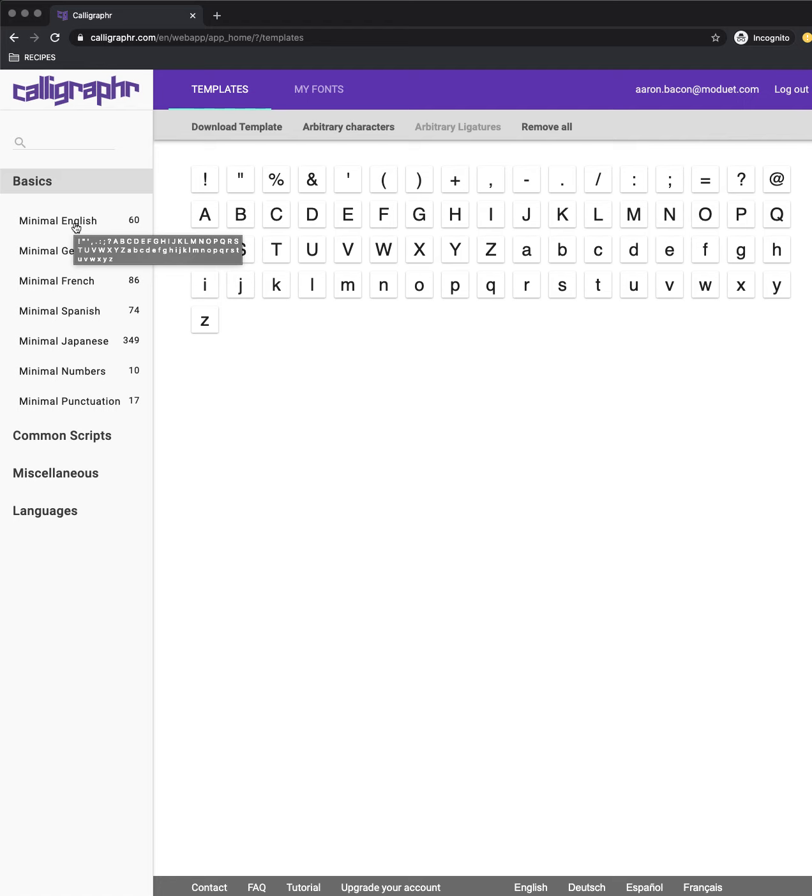So what I did is I created a font, but I generally, when I write, I don't use lowercase. So I just created a font with special characters and all uppercase. So what you can do is you can select your characters and then click download template,